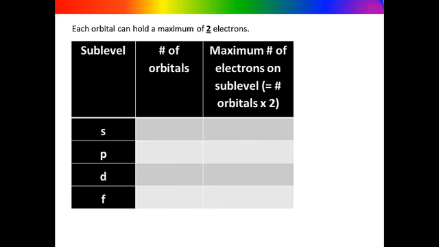Each orbital can hold a maximum of 2 electrons. It can hold less than 2, but never more than 2. The maximum number of electrons on a sublevel is the number of orbitals times 2. The s sublevel, which has 1 orbital, so 1 orbital times 2 electrons gives a maximum of 2 electrons. It can have less than 2 electrons, but never more than 2 electrons. The p sublevel